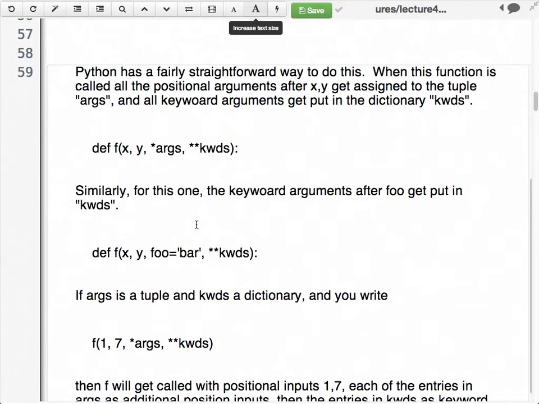Moreover, in the other direction, if there's a function and you want to call it with a whole bunch of separate arguments, and they're in a tuple, you just put a star in front of that tuple and call it, and it'll be exactly the same as if you took each of the entries out of the tuple and put them into the function with a comma between them. Likewise, if you have a dictionary, you put 2 stars in front of it, and then it will be exactly the same as if you call the function with key equal to value for each of the entries in the